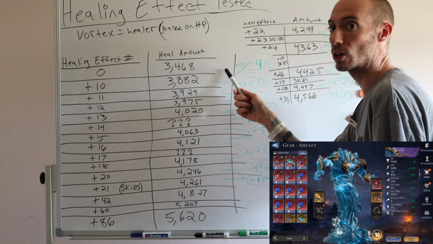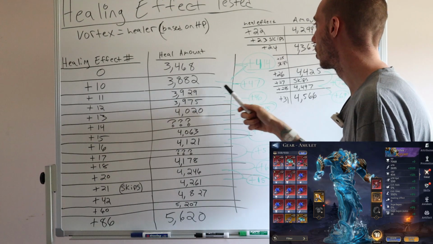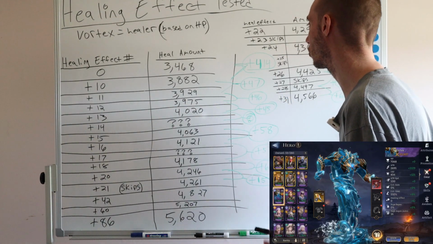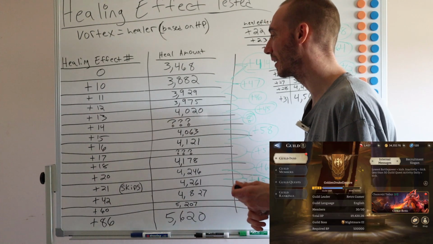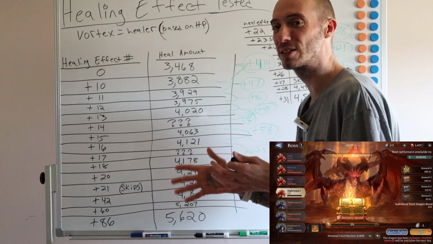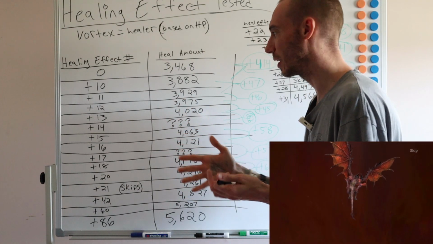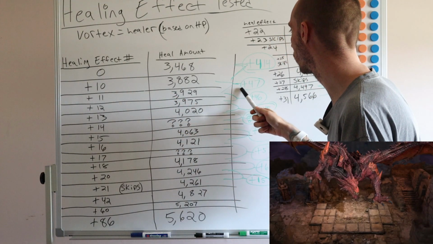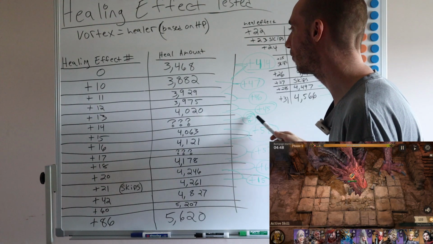Now over here, the first instance, you're going to see that from 0 to 10, we already have a plus 414 increase in our healing. From there, the numbers get a little bit weird, and it's hard to tell the pattern because it almost seems like there is a pattern, but then there isn't. So first from 10 to 11, we have a plus 47 increase, then plus 46, plus 45, and